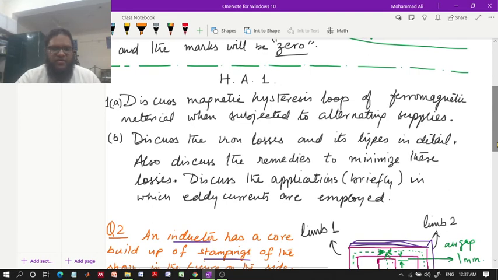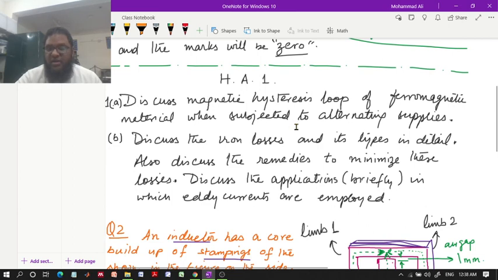Up till now we have discussed DC current, right? And transformers basically operate on AC. So what is the behavior of the BH curve when we apply alternating supplies? You will see, when we study and make this assignment, you will understand there will be a certain loop that will be forming, and that loop is known as the hysteresis loop. The area under this loop should be minimum, so that the losses are minimum, and those losses are classified as hysteresis loss,